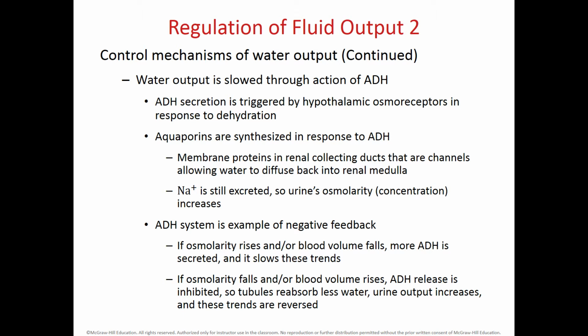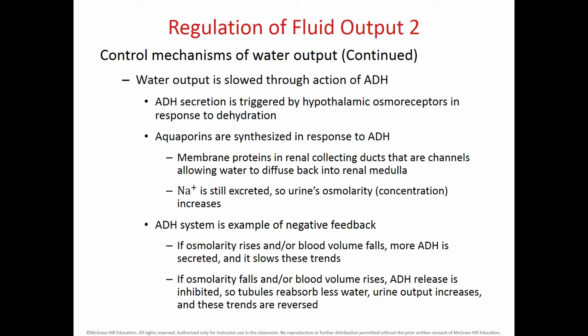This hormone will reach the proximal and distal convoluted tubules and the collecting ducts within your kidneys, and then you start synthesizing aquaporins so you can absorb more water. Mainly this water absorption is going to happen within